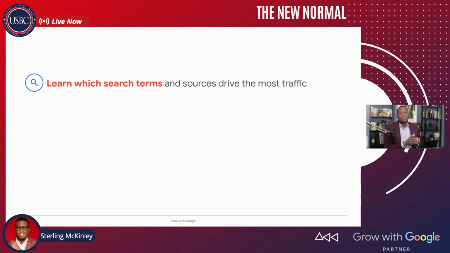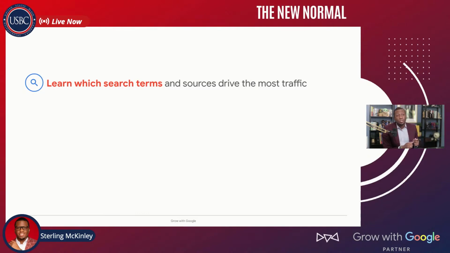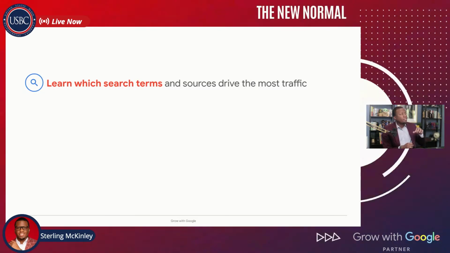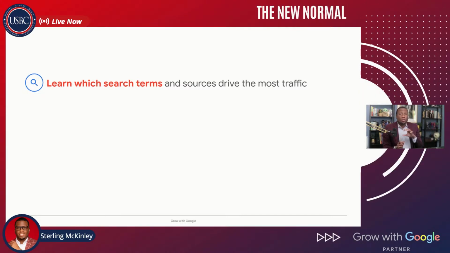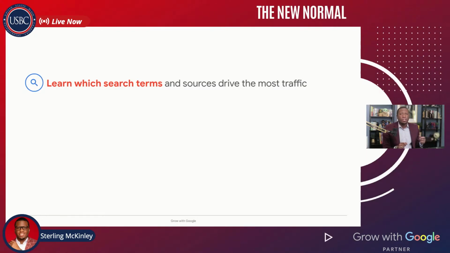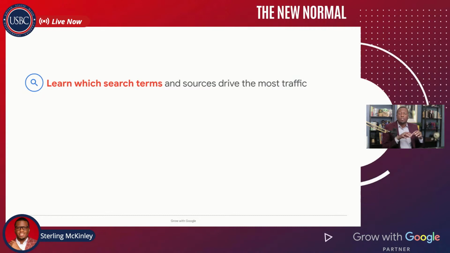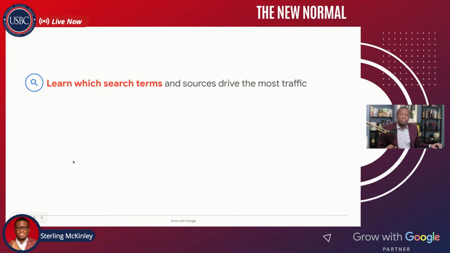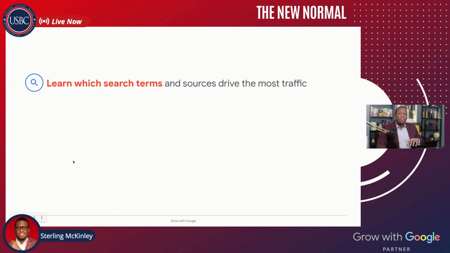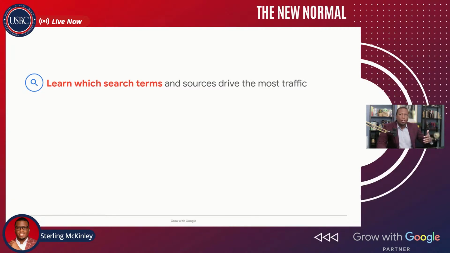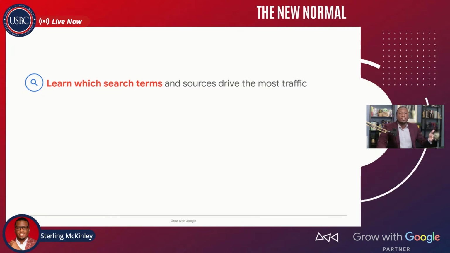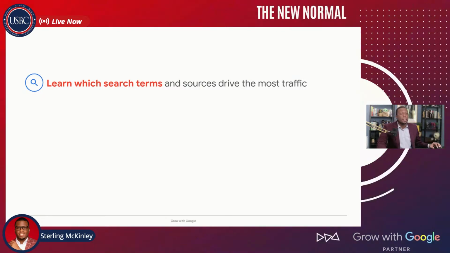Once again, analytics is so important because it tells you what terms people are typing, and secondly, it tells you what traffic is coming to your website. That traffic can come from your email newsletter, from YouTube, from email, or from somebody typing directly into Google and finding your business. It's really important to know where that traffic is coming from, because once you know, you can spend more time on that network or send more emails, because you know that it's working and bringing visitors back to your website.